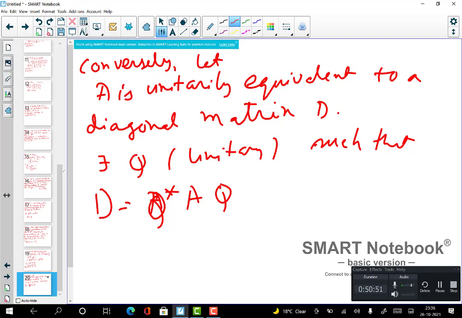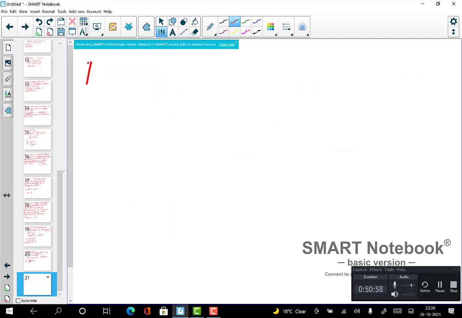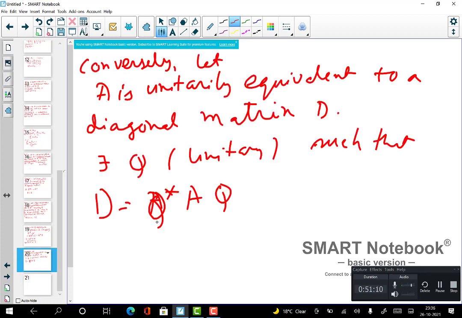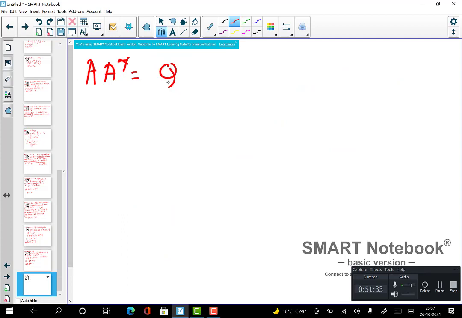Okay. Now to prove that A is normal, what do you need to prove? You need to prove that A commutes with A star. So what is A then? You just multiply. So this is Q inverse, right? So this is Q D. You just multiply by Q, A star equals Q inverse, and then you multiply by Q star, and you just put the value here. So A equals Q D Q star,